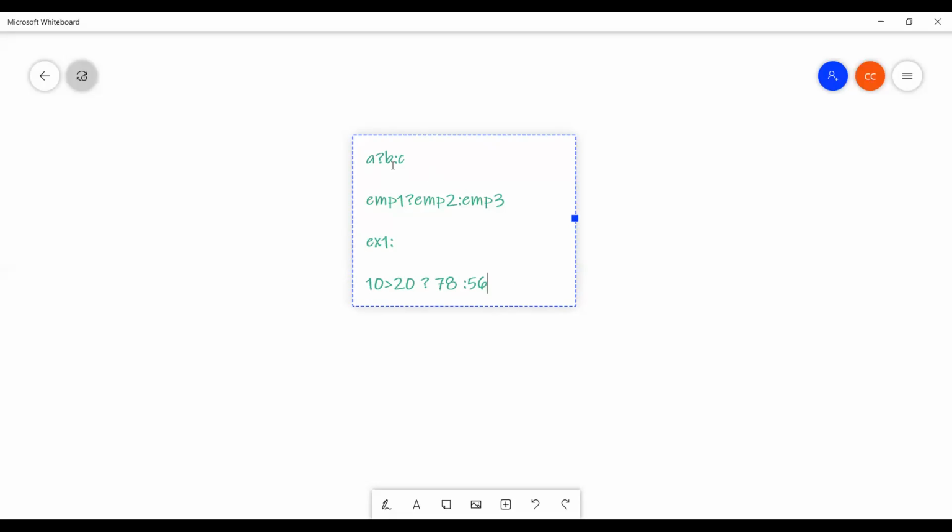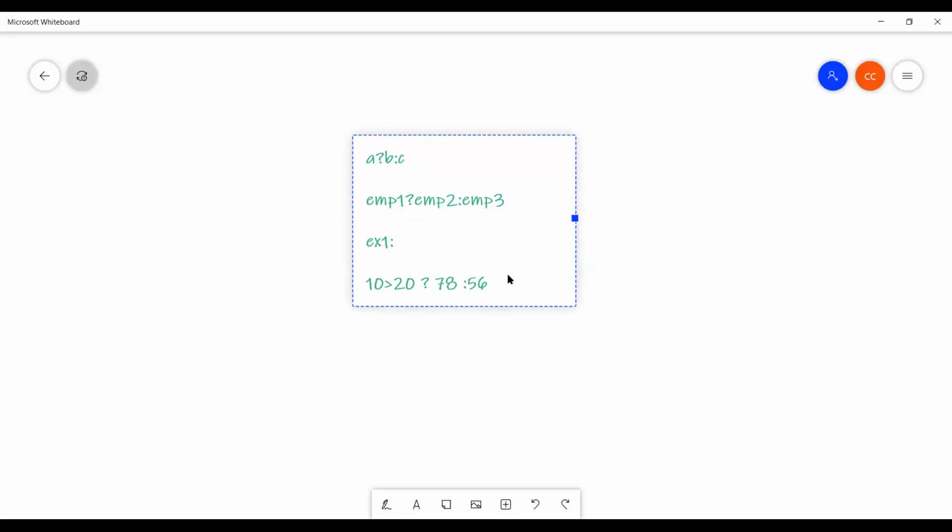A ternary operator contains expression 1, followed by question mark, then expression 2 or employee 2, followed by colon, followed by one more expression, employee 3 or C. How to evaluate this?